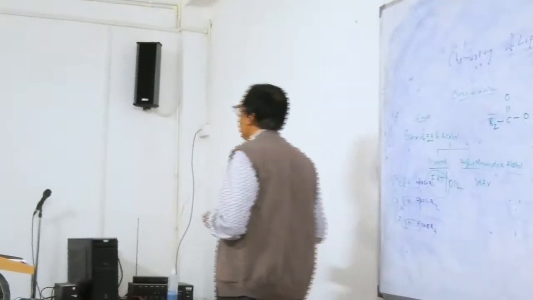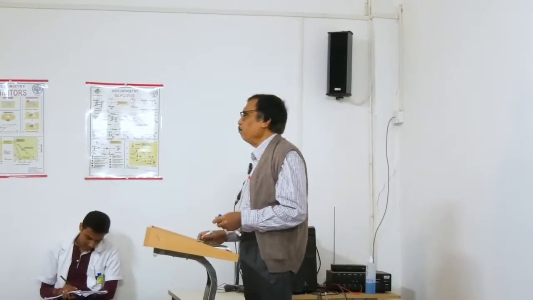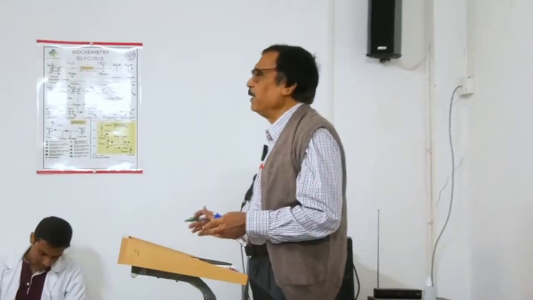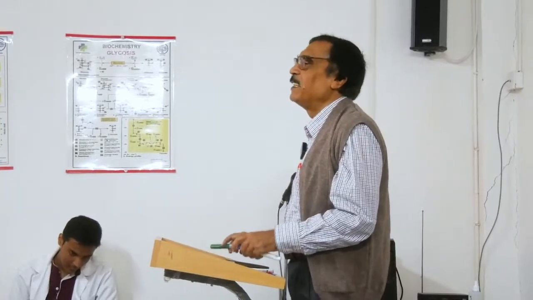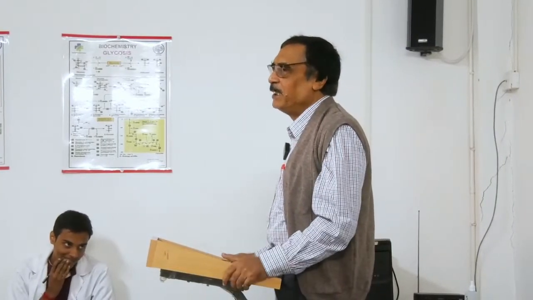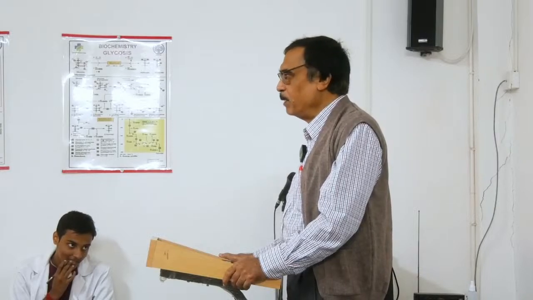R1, R2, R3, it may be saturated, it may be unsaturated. যদি স্টিয়ারিক অ্যাসিড হয় তিনটেই, তখন তার নাম হবে ট্রাই স্টিয়ারিন। তিনটেই যদি পামিটিক অ্যাসিড হয় তার নাম হবে ট্রাইপামিটিন। তিনটেই যদি অলিক অ্যাসিড হয় সেটার নাম হবে ট্রাইঅলিন।